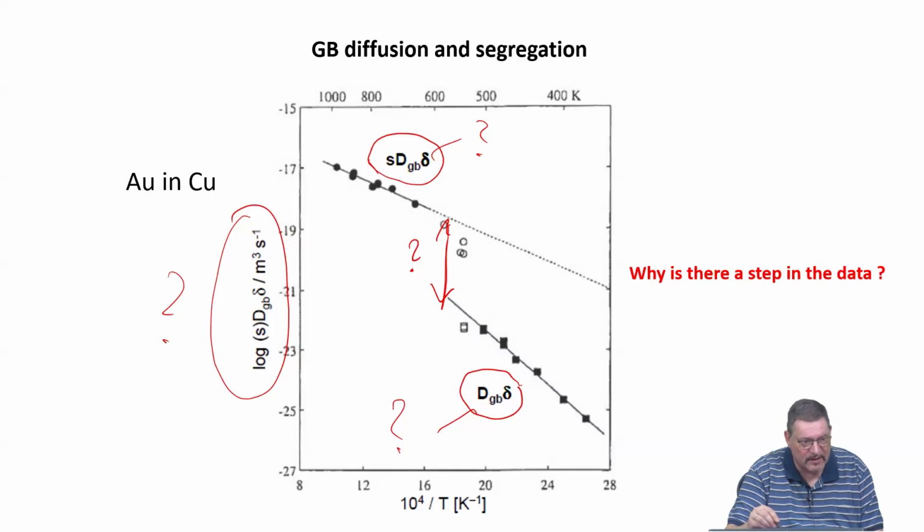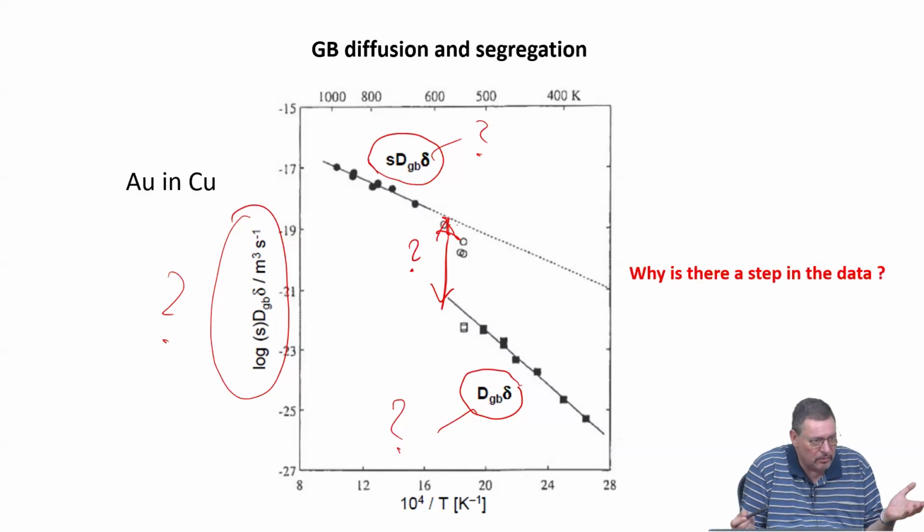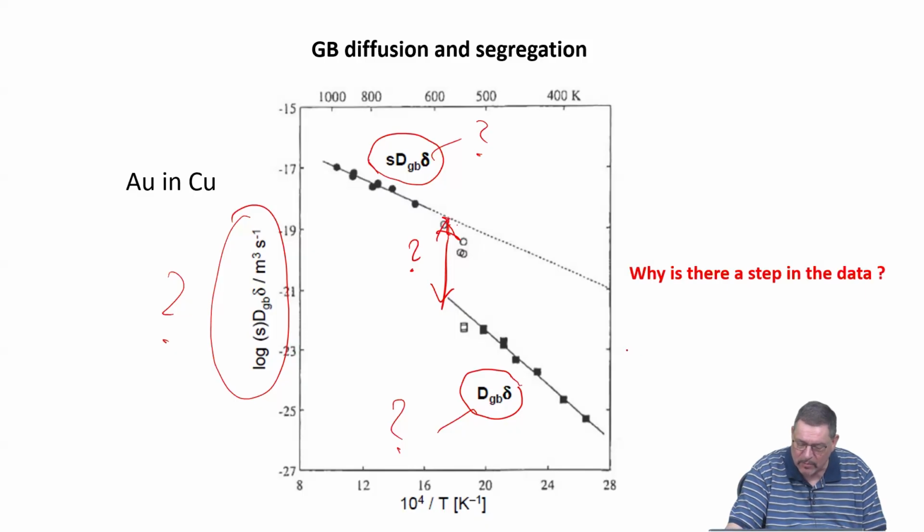So this is exactly the way you can either determine the segregation factor, or if you, for example, have made sure that your segregation factor is unity in all cases, so there is no segregation occurring in your material, then this is a nice way of measuring the grain boundary width, because then I can just plot DGB. I plot the triple product where S equals 1, and the difference then just gives me the delta, which is the grain boundary width. This has been done for many, many pure metals, for alloys, for high entropy alloys, and from these measurements,